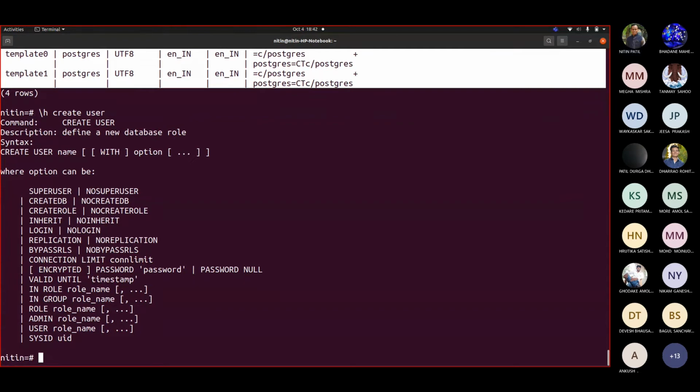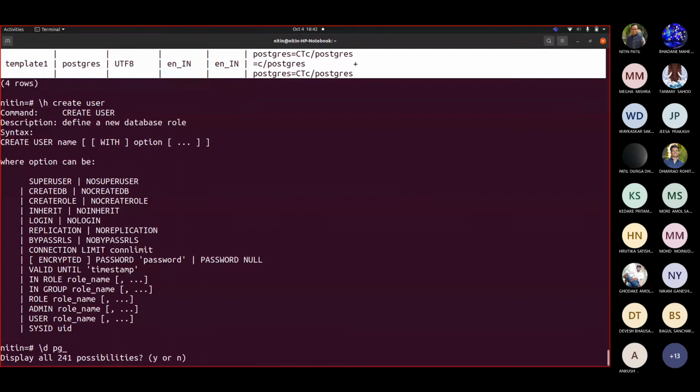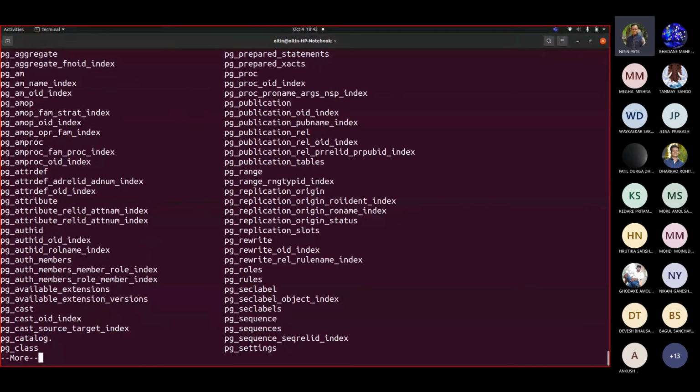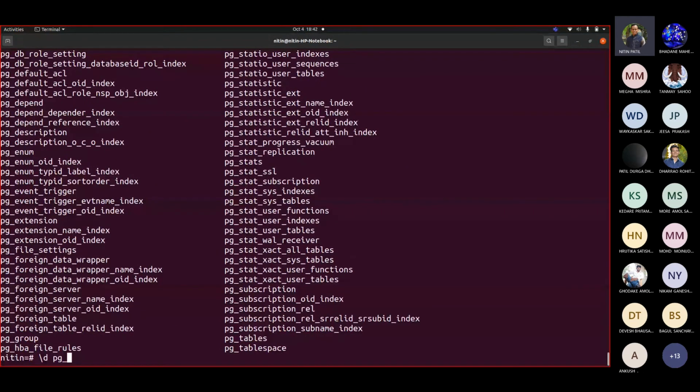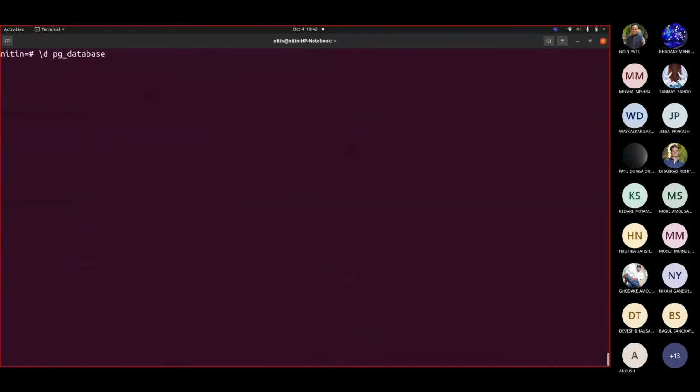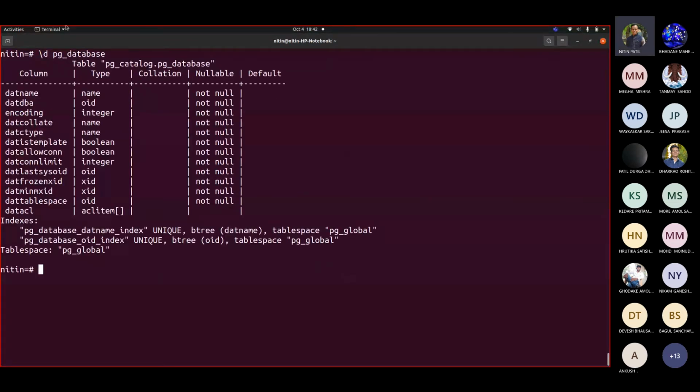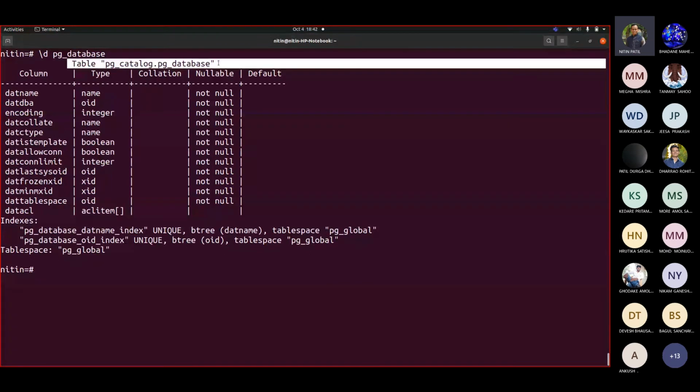Now let us see where exactly this information goes. If you write \d and then write pg, press underscore and press tab, these are some of the internal relations, or even things other than relations, there are multiple things. See how much detailed information it stores. Let us talk about pg_database now. This is a table used internally which stores information about that \l, the command that you tried. So \l showed this.